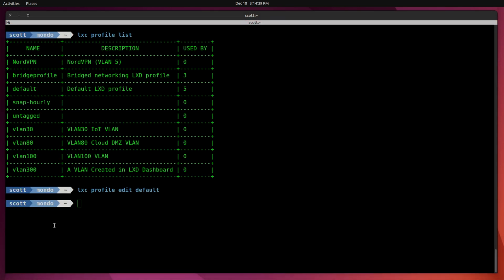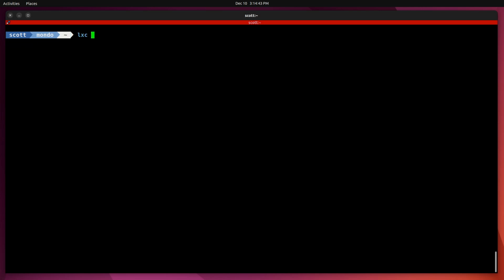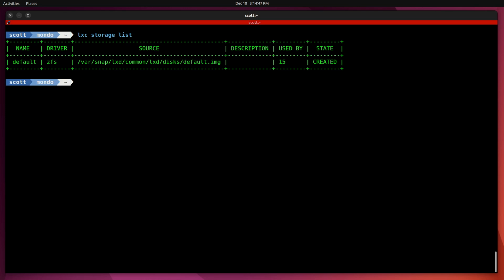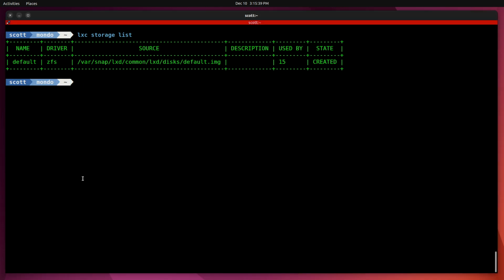In order to see our storage pools, we can do the command LXC storage list. And right now the only pool I have out here is the default storage pool, and it is a ZFS storage pool because I set it up with the LXD init command and selected the defaults as I did in the LXD step-by-step video. We can get an idea of what's stored inside of the default storage pool, and we